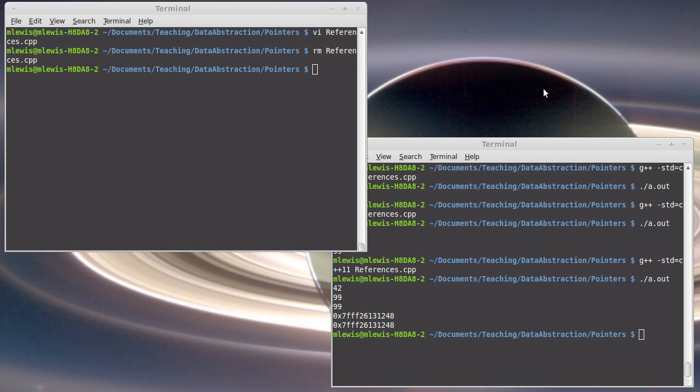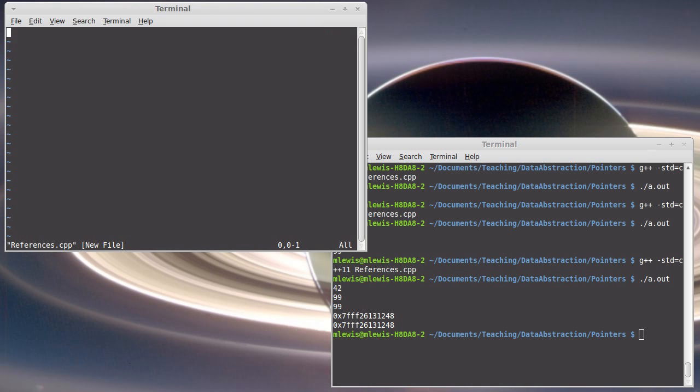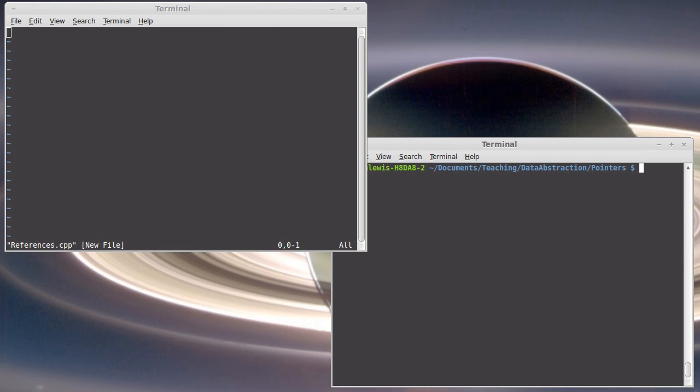And we can see this if we write a program to do this. We'll go ahead and start off with our include and our using statement. Okay, and we can put in code very much like what we had. int a is 42. We're going to make a reference d and have it refer to a, and that's really how you should read that. So we can print out the value of d,